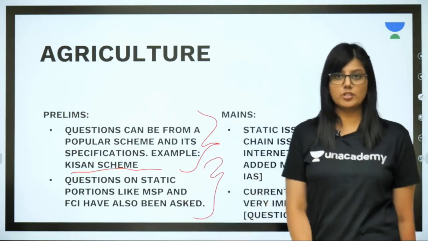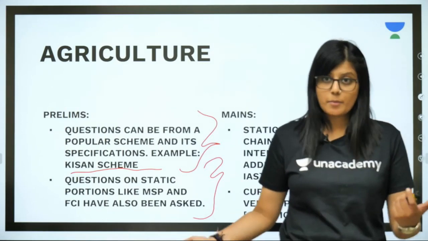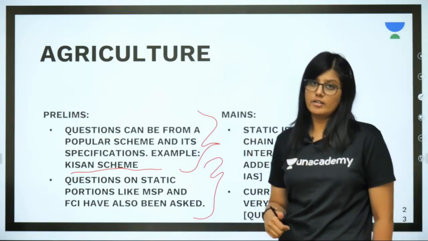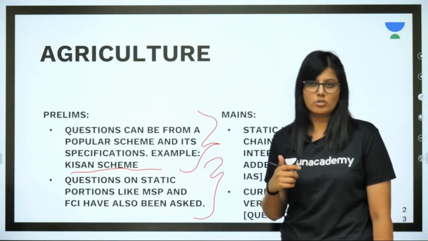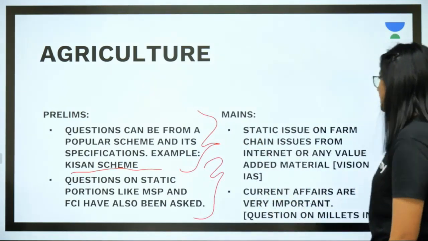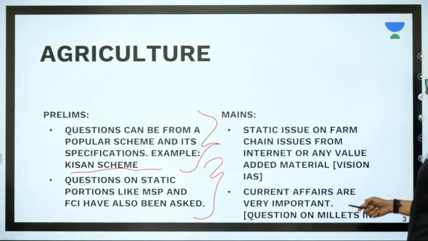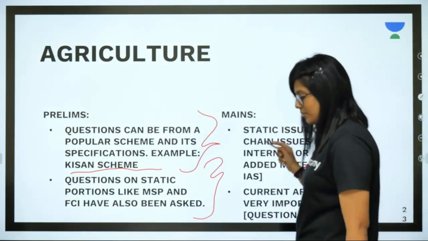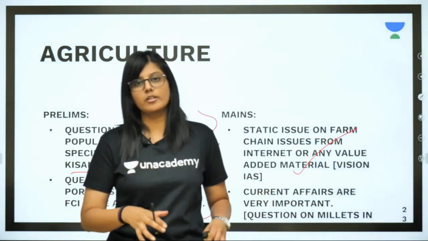इस साल FCI पे question था and last year MSP पे question था. So please keep your eye for such things in news and really look them up, और वैसे तो किसी भी compilation में मिल जाएंगे. Static issue on farm chain issues from internet or any value added material. Farm chain मतलब procurement